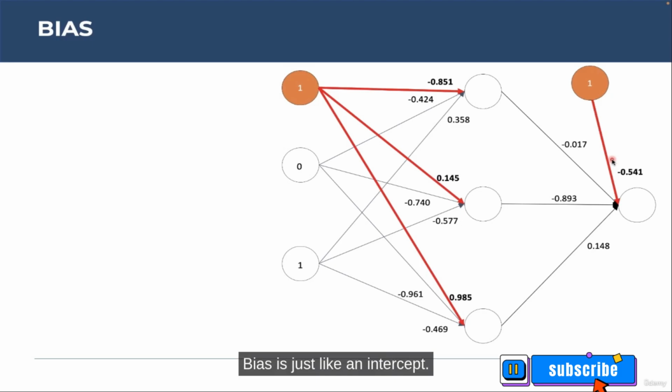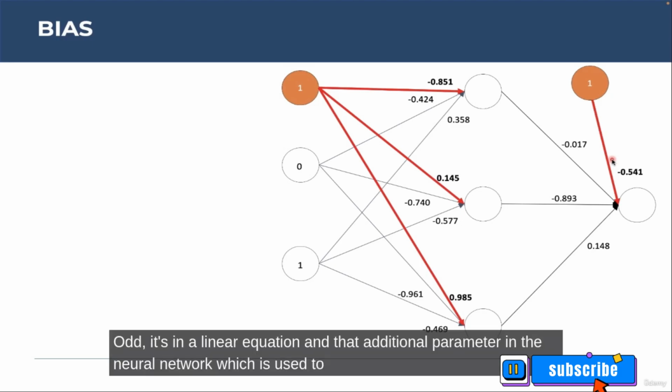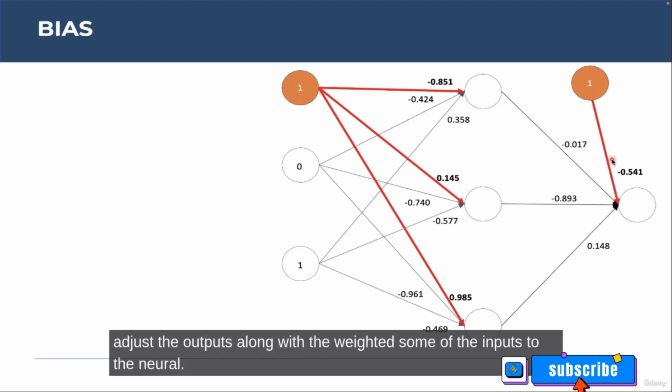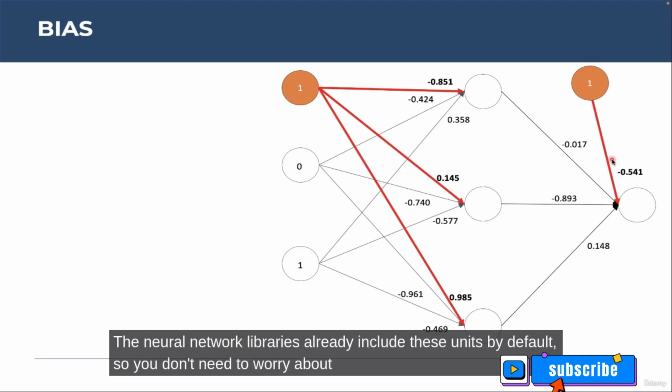Bias is just like an intercept added in a linear equation, an additional parameter in the neural network which is used to adjust the outputs along with the weighted sum of the inputs to the neuron. The bias value allows you to shift the activation function to either right or left. Most neural network libraries already include these units by default, so you don't need to worry about that.